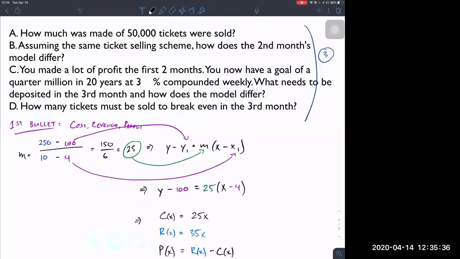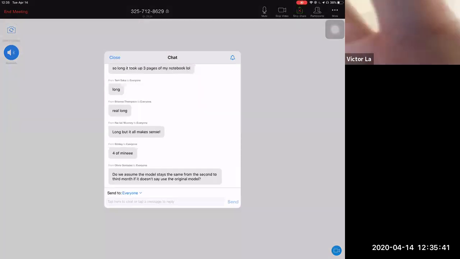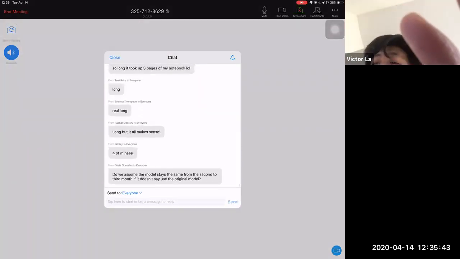Let me just make sure I didn't lose anybody and see if there's any questions here. Yep, I got someone here. Do we assume the model stays the same from the second to the third? If it doesn't say, use the original model. Okay, so that's a great question from Olivia. What happens is that